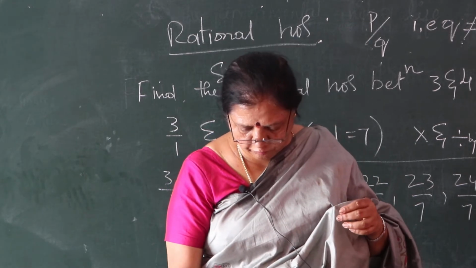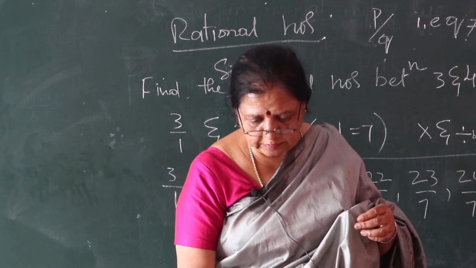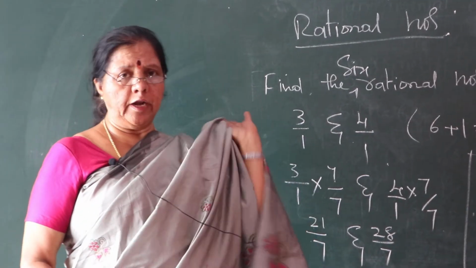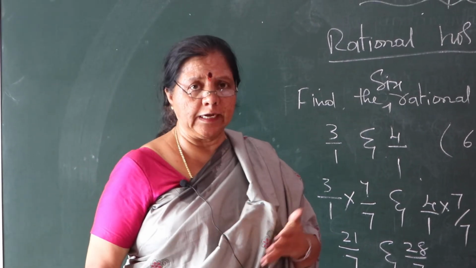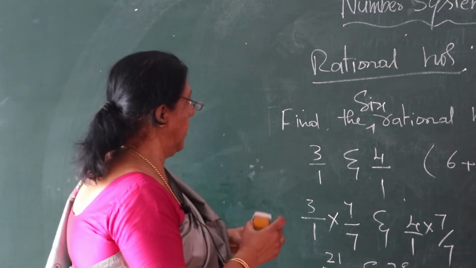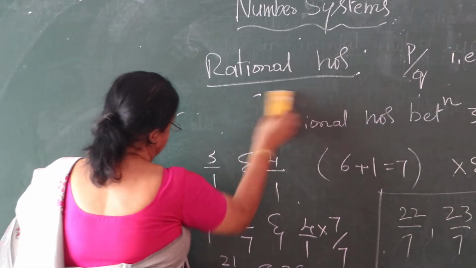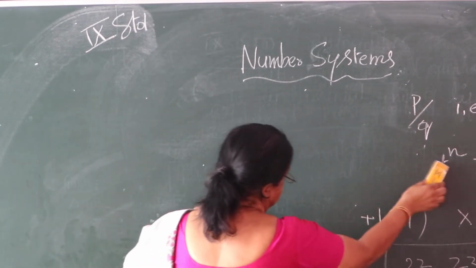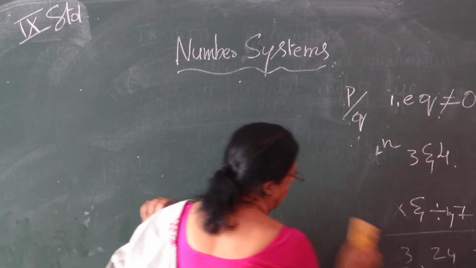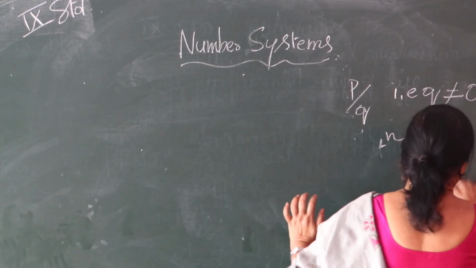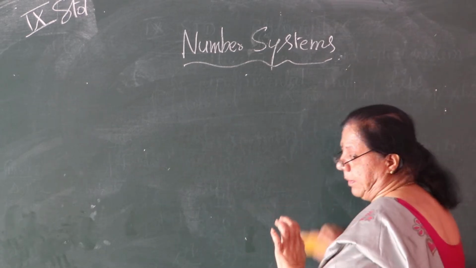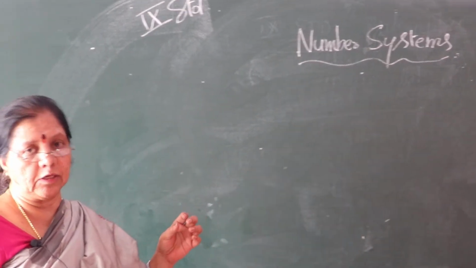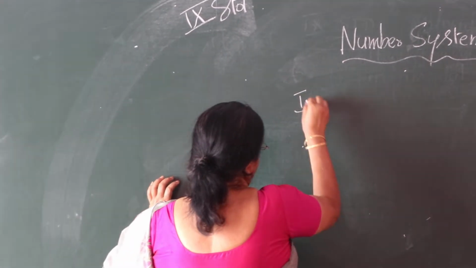Next, we'll go for another one, irrational numbers. Children, followed rational numbers, how to find out? You know another type of number, irrational number. Okay, let us pass on to irrational numbers. What do you mean by irrational number? I have given an example already. You have learnt also in the previous class. In the previous class you have learnt all types of numbers, among them irrational numbers are also there.